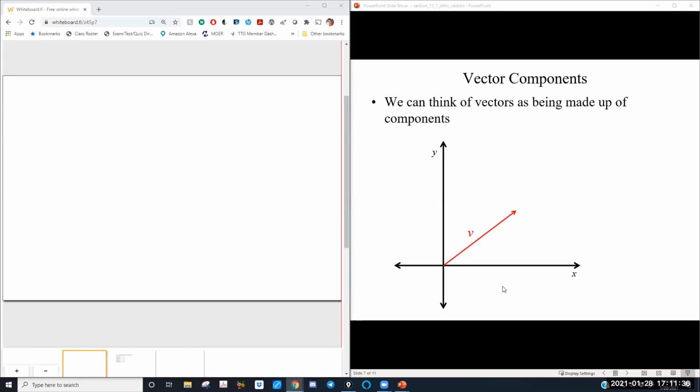So our vector V has 2 components. It has a horizontal component and a vertical component. The reason we do this is because this allows us to write a vector in terms of its horizontal and vertical components. We'll call them, for instance, V1 and V2. Notice what we have here. If I took V2 and moved it over here, I have a right triangle.